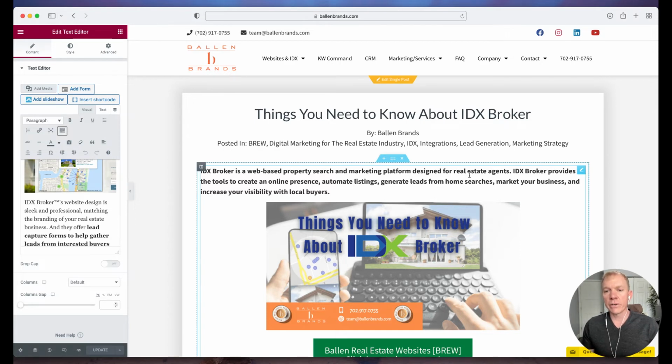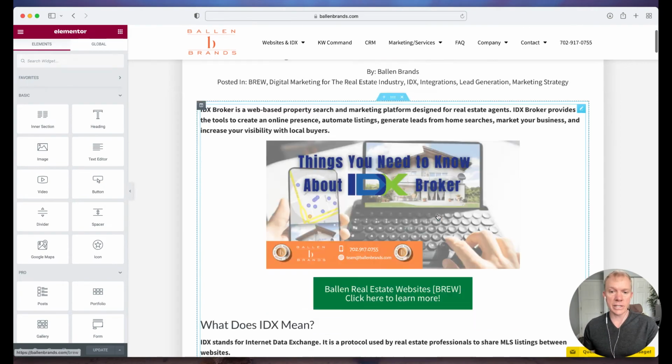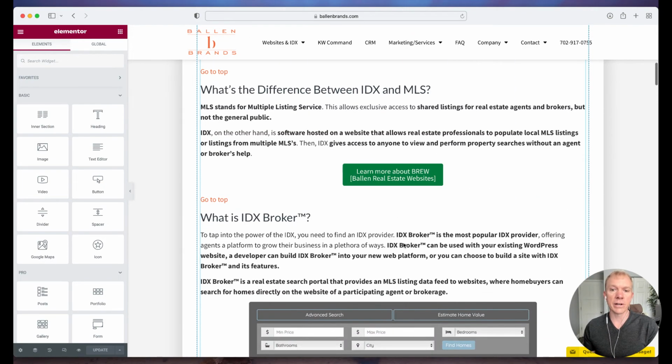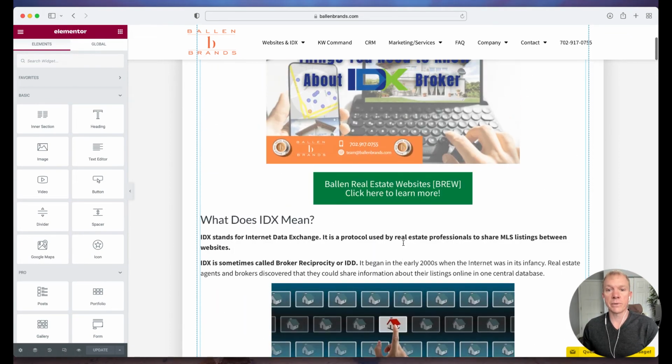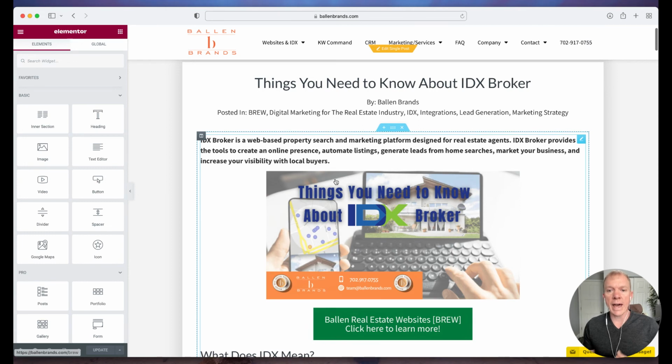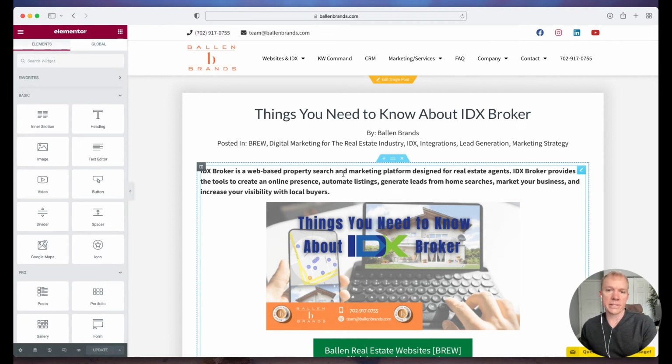Now, if you're simply going to add something to the header, or you want to add a pop-up to this page, that's fine. You don't actually need to change anything in here if everything else looks the way it's supposed to look, if it's all exactly what you want it to be. But let's say I wanted to add a pop-up to this particular page, and I wanted to do a special with IDX Broker or download now or something like that. Well, then it makes sense to do this in Elementor, because now I'm going to create a pop-up page on this particular page. Or maybe I want to do a little